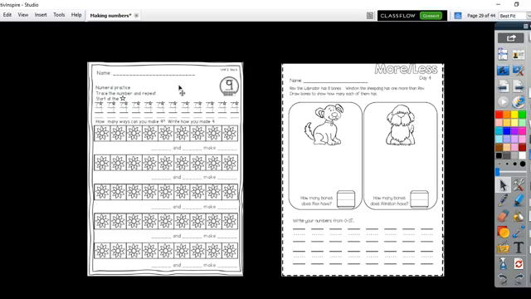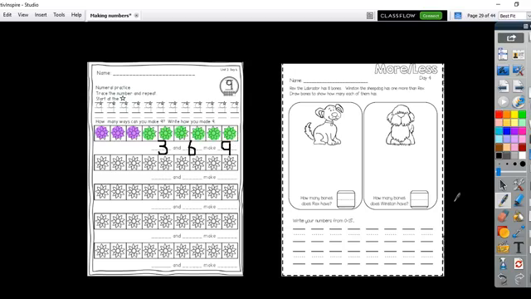In Seesaw, you have a sheet where you're going to practice the number 9, and you're going to show me all the different ways to make 9 and how this is going to work. Like I would do, you could do red and blue. You could do any color you want. So if I wanted to use purple, I could. So I would say, okay, I'm going to color in 1, 2, 3 of them purple, and then I was going to do 1, 2, 3, 4, 5, 6 of them green. So now I had 3 that were purple. I would have 3 and 6 green. 6 make